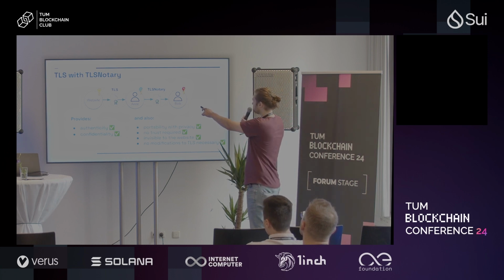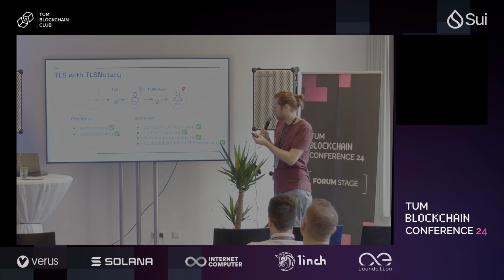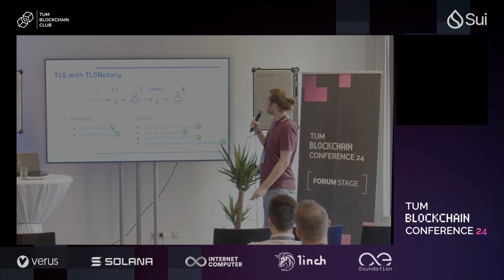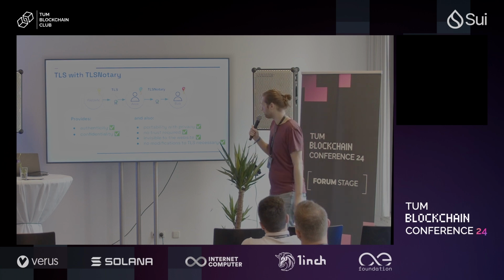So Alice is running this TLSNotary protocol with Bob. We will have a look at how that works later, but you will get the portability of your data. You will also have some sort of switch, where you can have influence on what you want to show about this data from the TLS connection. What's also pretty cool is that in this setup, this is a completely trustless protocol, right? So Alice basically does a proof about some data inside of this connection.